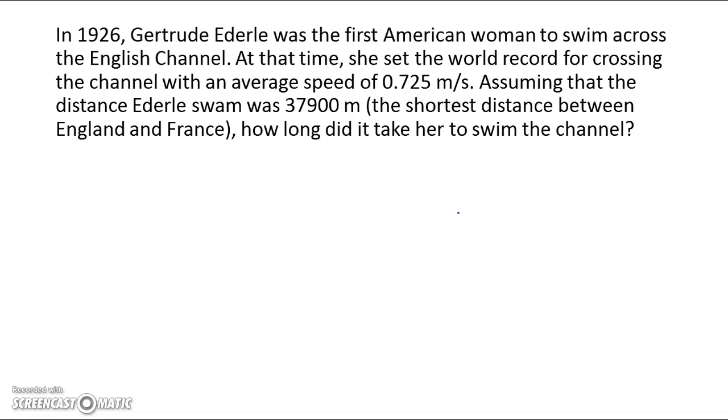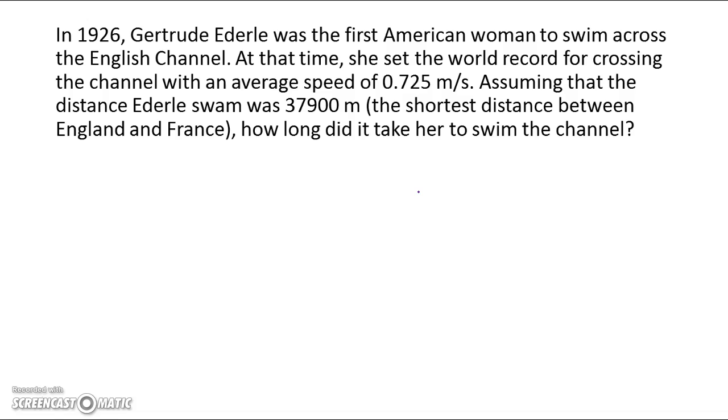All right, next problem. In 1926, Gertrude Ederle was the first American woman to swim across the English Channel. At that time, she set the world record for crossing the channel with an average speed of 0.725 meters per second. Assuming that the distance Ederle swam was 37,900 meters, which is the shortest distance between England and France, how long did it take her to swim the channel? This has a lot of fluff in it,